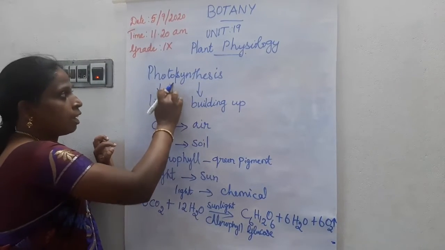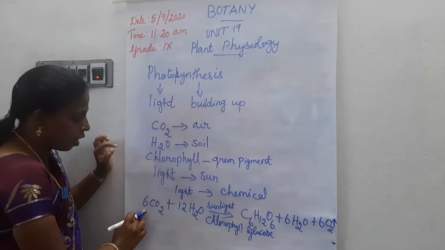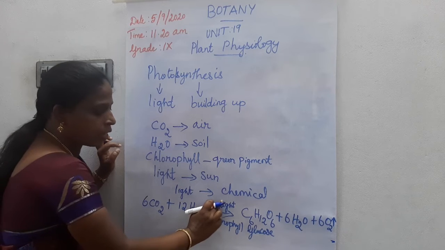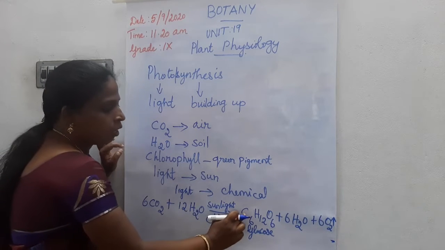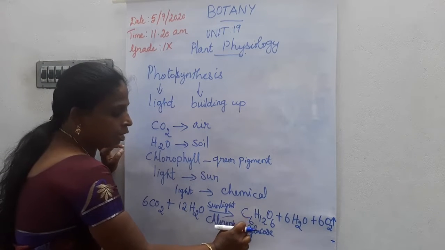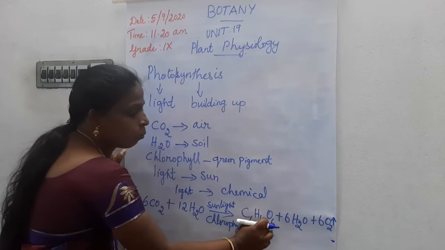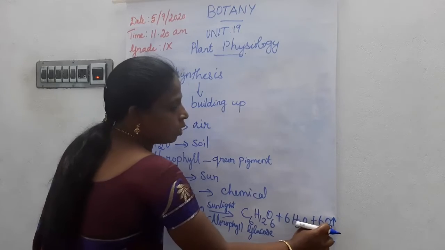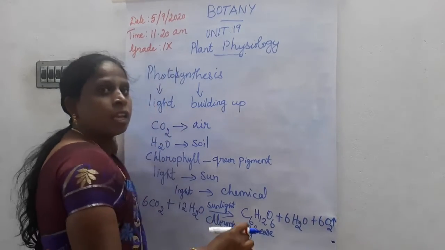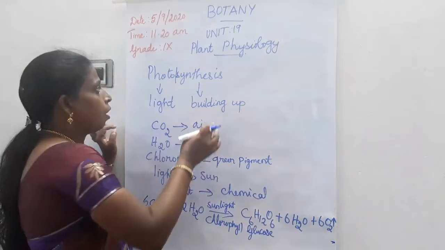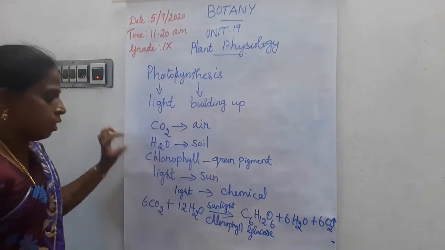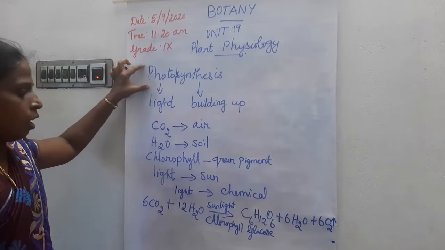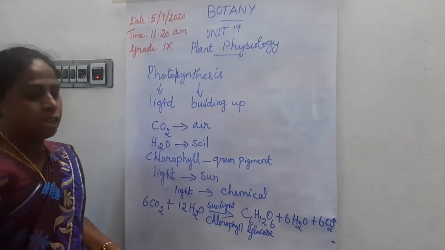So the chemical equation for photosynthesis is 6CO2 plus 12H2O, in the presence of sunlight and chlorophyll, preparing the carbohydrate glucose, C6H12O6 plus 6H2O plus 6O2. So oxygen gas is evolved during photosynthesis. This is the overall equation for photosynthesis. Have you understood? Next we can prove